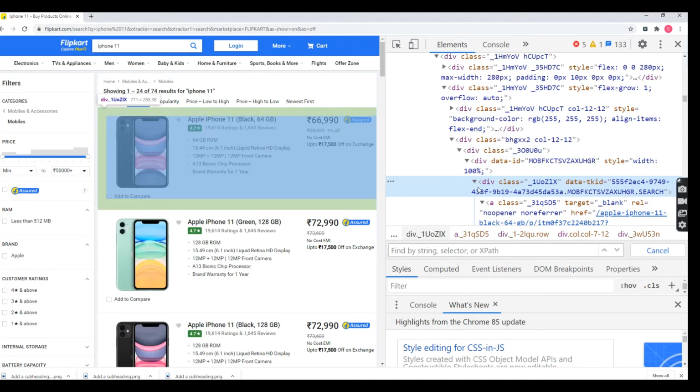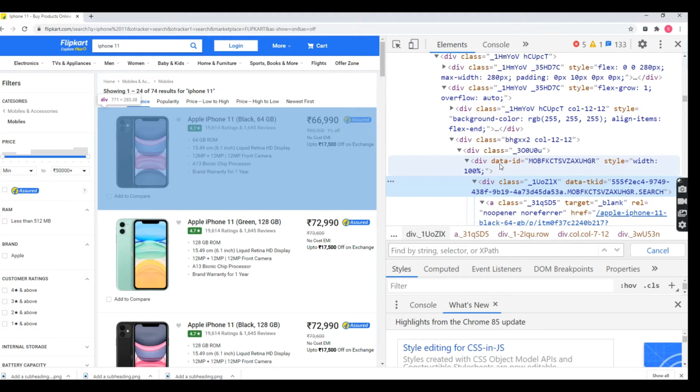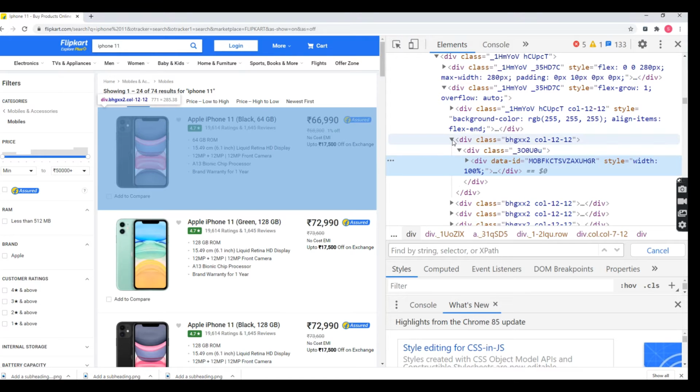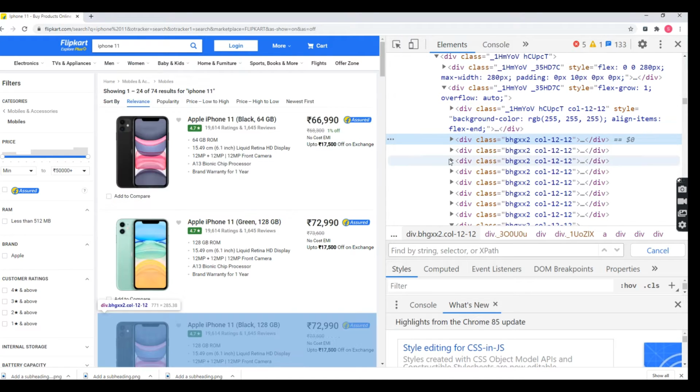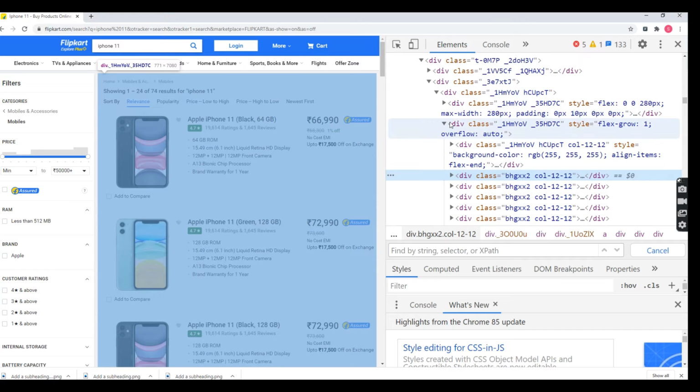I'm going to look into this search page only. From here only my search result is going to be the focus. See all these divs: this div and every div above it will be stored under this div.